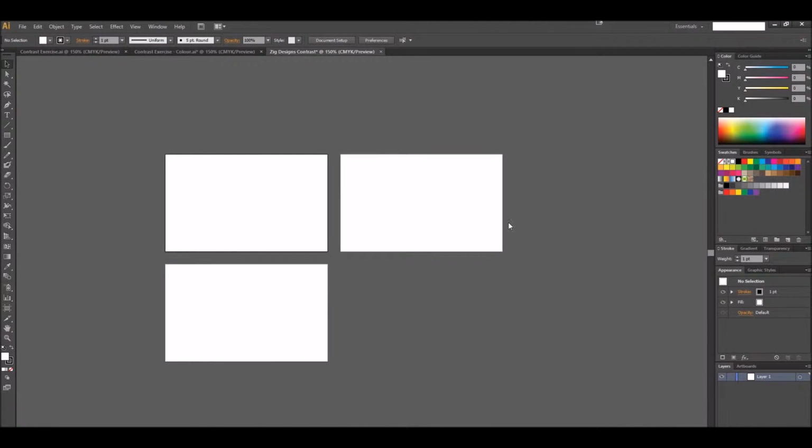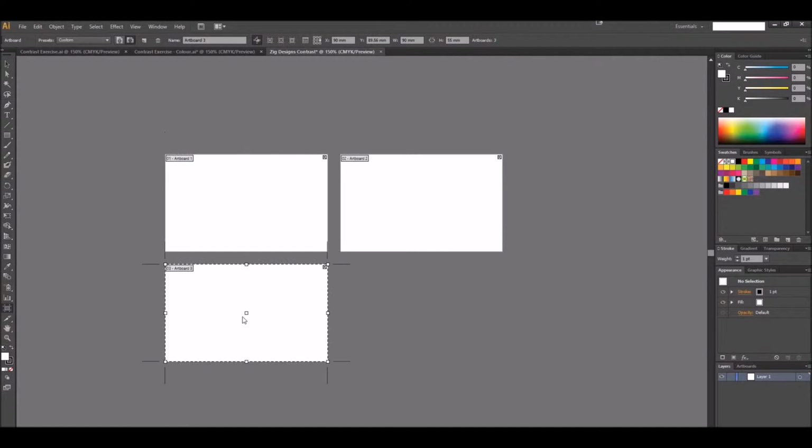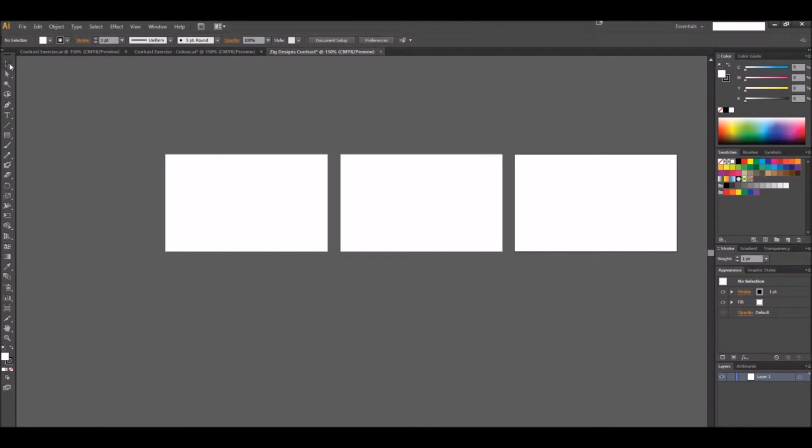If we want to rearrange these artboards so they're all on the same line, we can come over here to our artboard tool, select the artboard we want to move, and then we can just drag this into a position we want it. Once it's done, go back to our selection tool,